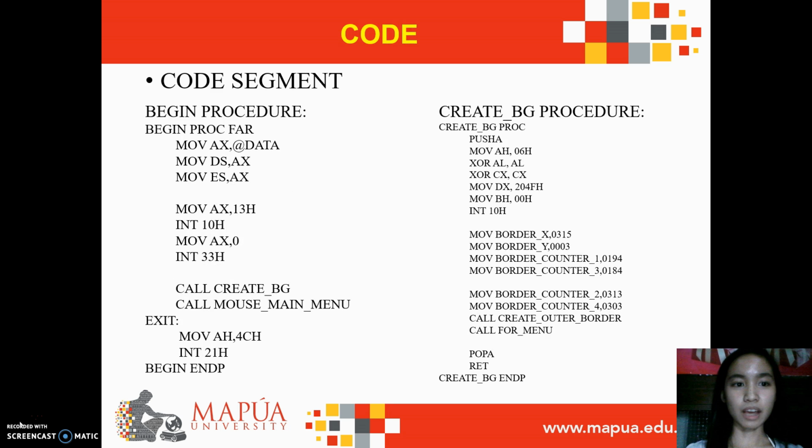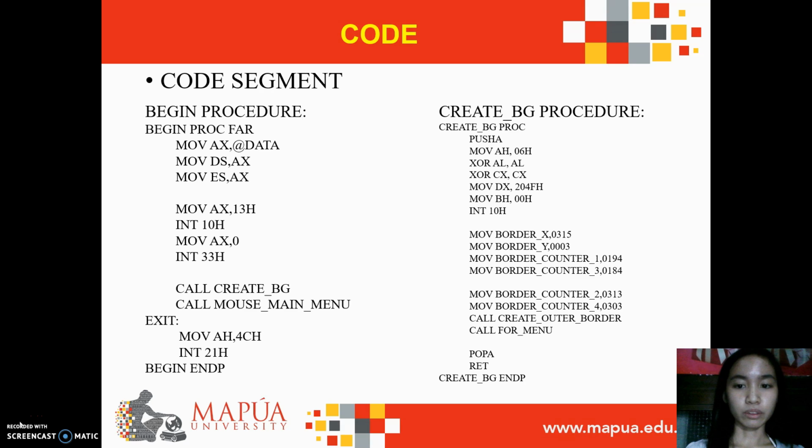Next is the code segment, which starts with the begin procedure. Here we have mov AX, 13h in int 10h, which is for the set video mode and set color graphics. So next is the mov AX, 0 in int 33h, which is for the initializing of the mouse. So we call create_BG, which is for the